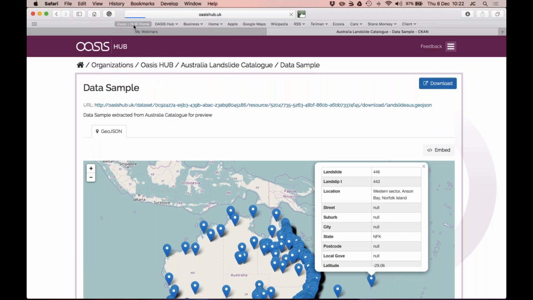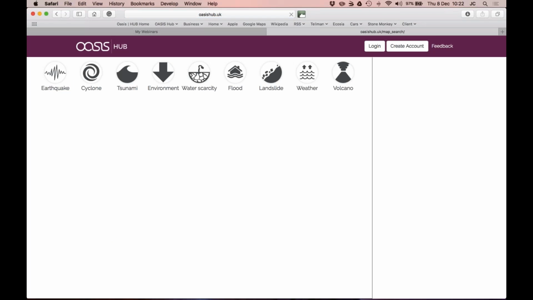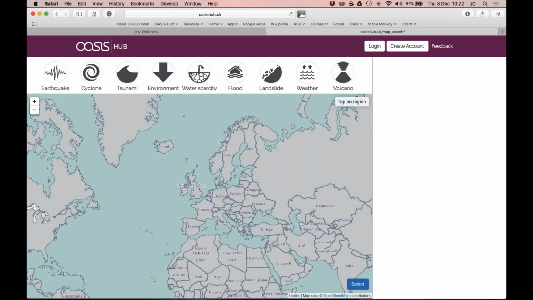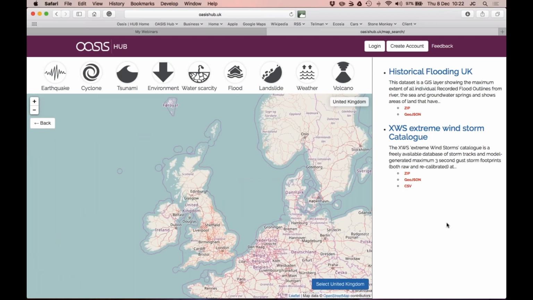The final area that we are working on, it's still a work in progress, and there's a lot of development work going on at the moment. The ability to search by map, so I can select a country, in this case the United Kingdom, and then it will return all the records that have a reference to the United Kingdom in there. The other thing I can do is choose a particular category and a country, and then that will filter things down for me. So if we look at historical flooding for the UK,